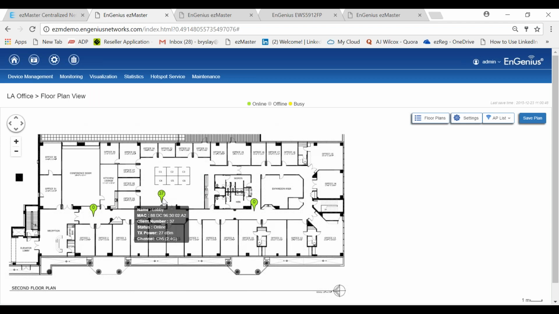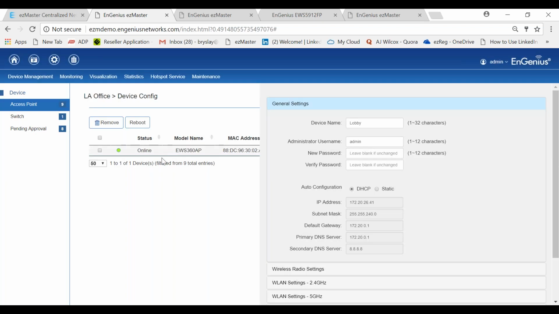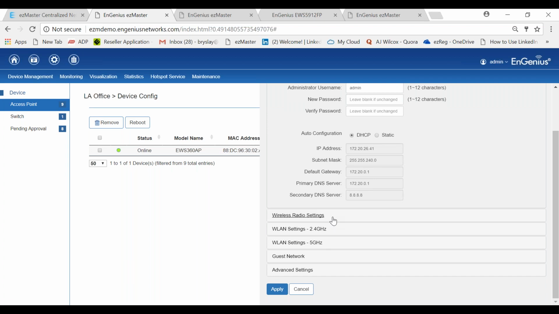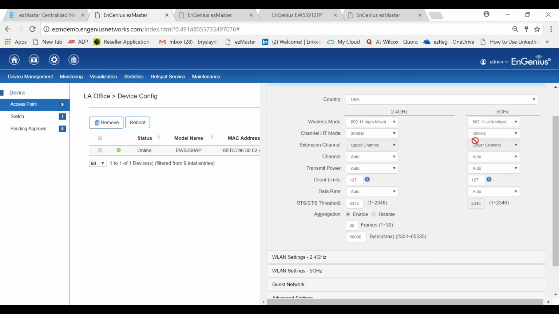again, I can see very quickly the number of devices that are connected. I already know that the AP status is up. I can click on that device. I can go to device configuration, and it will actually go into the configuration of that particular access point, and I actually can change the output power if I want to. I can change the channels on 2.4 or 5 gigahertz.